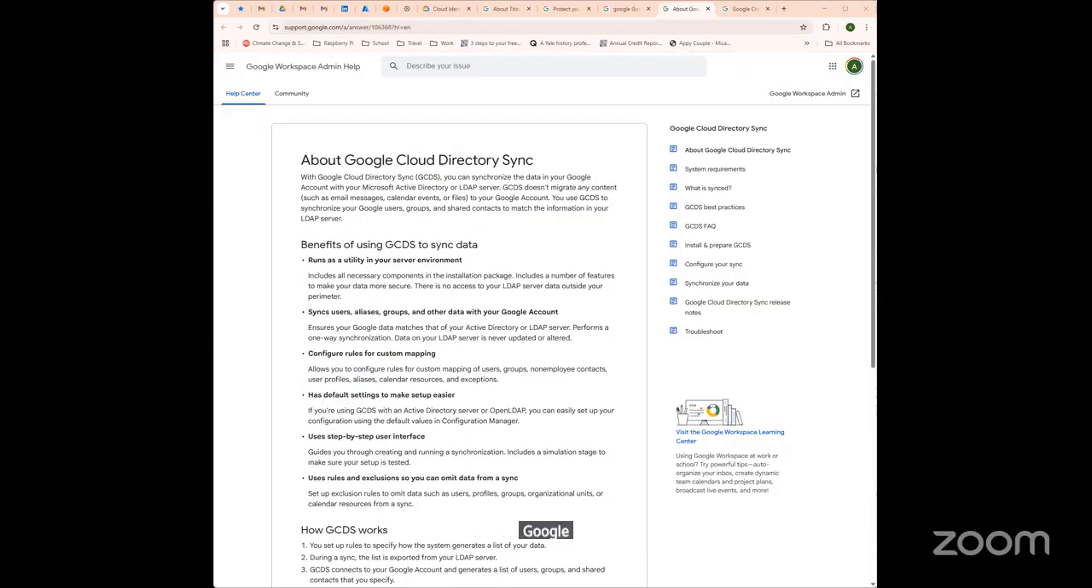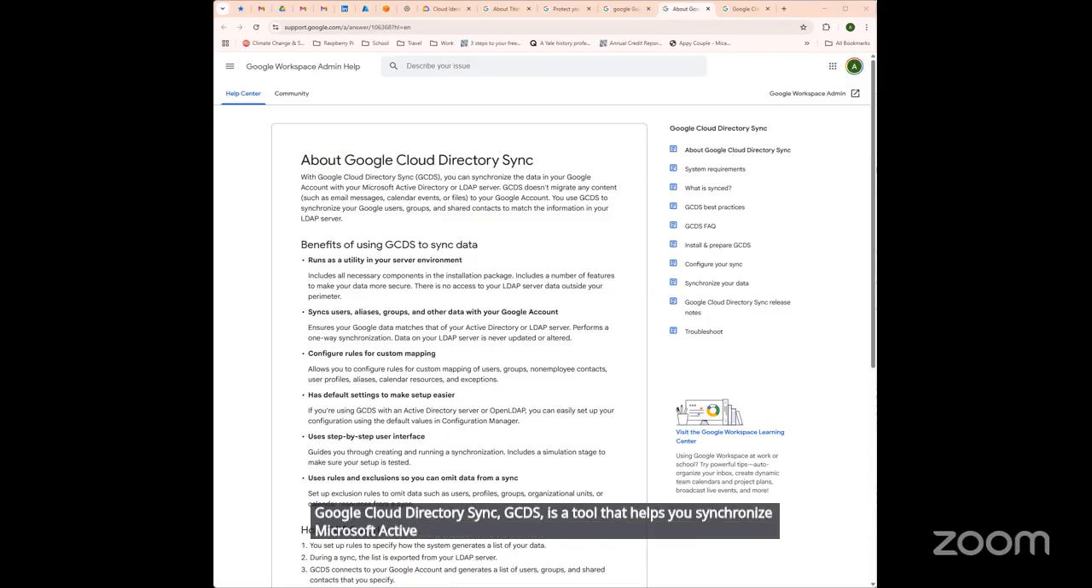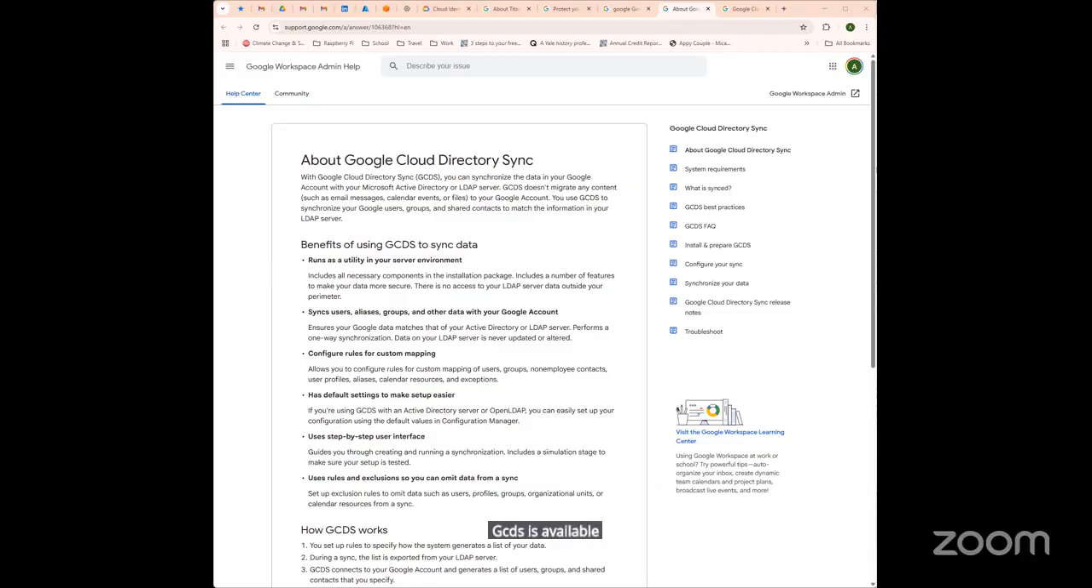Google Cloud Directory Sync, GCDS, is a tool that helps you synchronize Microsoft Active Directory or LDAP objects like users, groups, and organizational units to your Google Cloud Identity accounts. The synchronization ensures that your Google Cloud environment accurately reflects your on-premises directory structure. GCDS is available as a downloadable tool for your server and comes packaged with all the necessary components to set